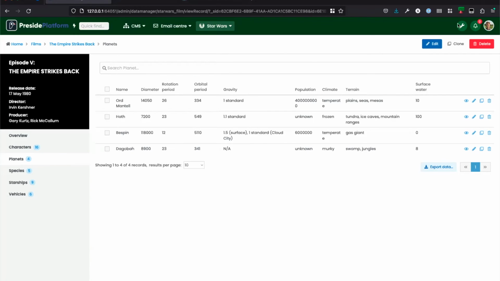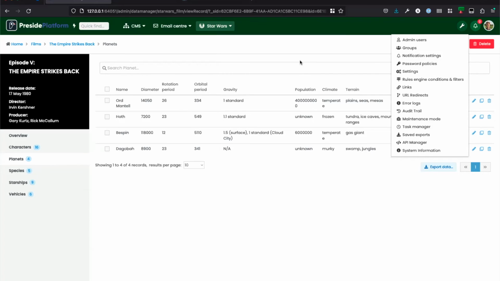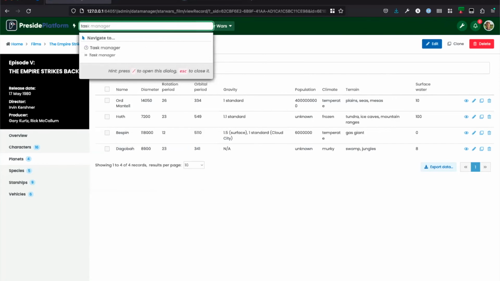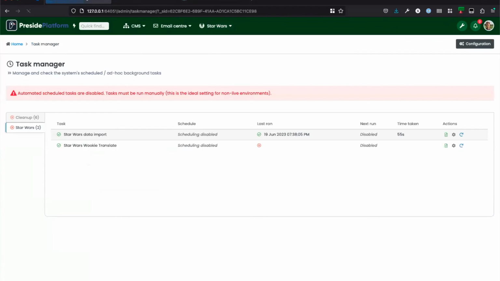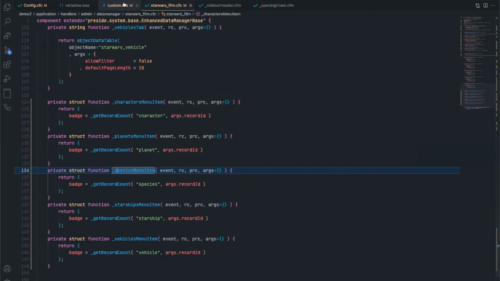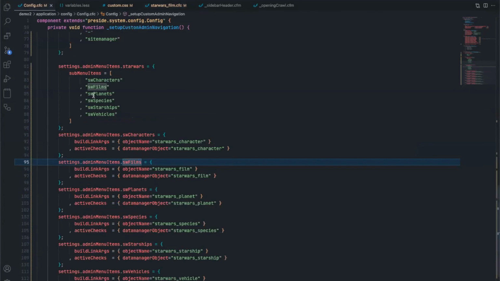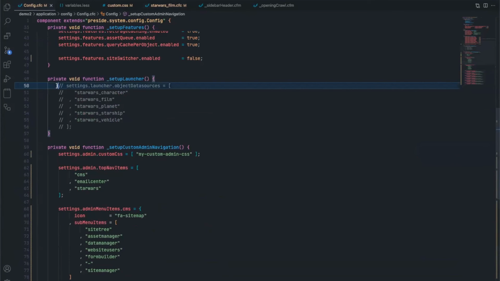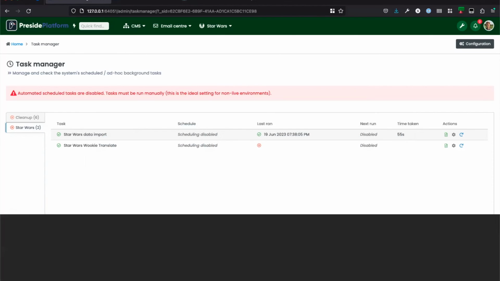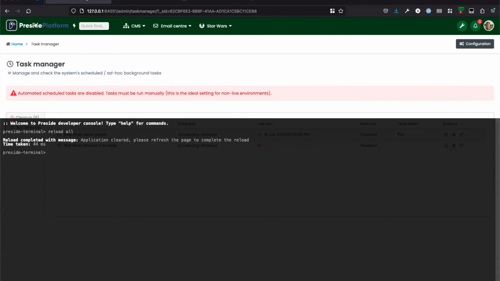So if we look, for instance, let's go to task. So yes, we've got task manager. Bang, we go to the task manager. But it will also look up objects. So if we have a look at our, was it in here? Yes, it was in here, wasn't it? So yes, you can just say, I've got some data sources. These are data manager objects I want to be available in here. So if I do that and reload,